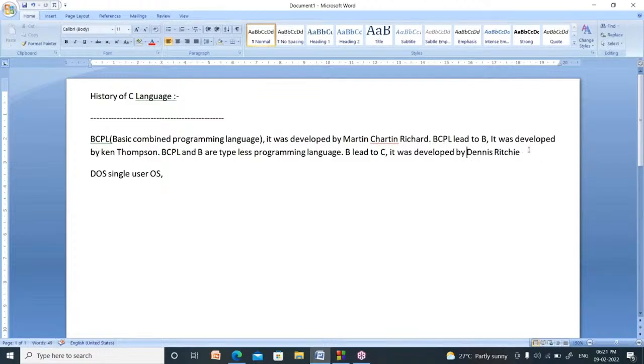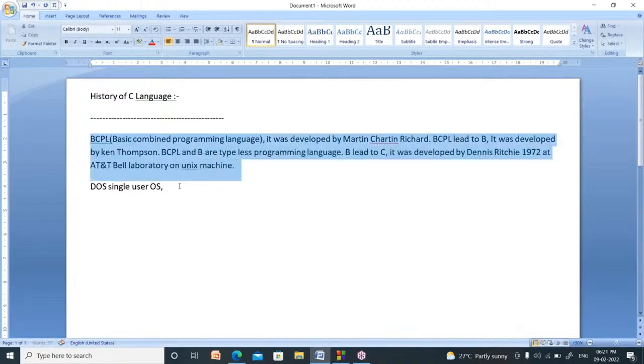It was developed in 1972 at AT&T Bell Laboratory, on the Unix operating system machine. It is the brief history of the C programming language.